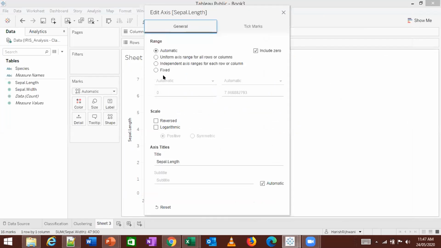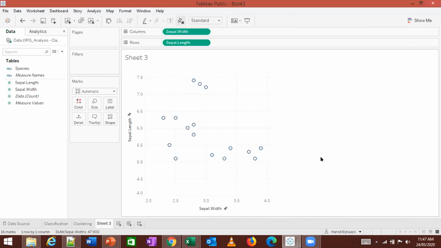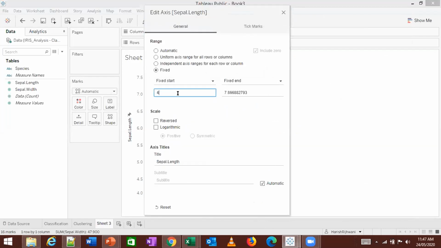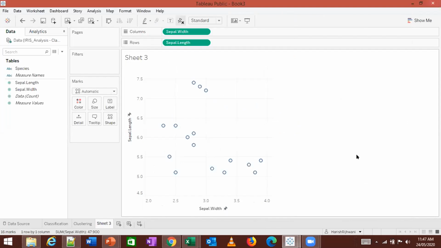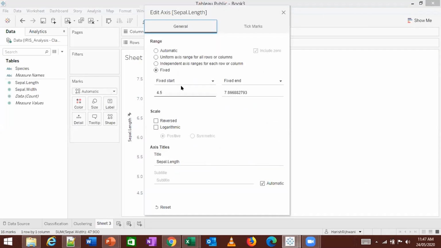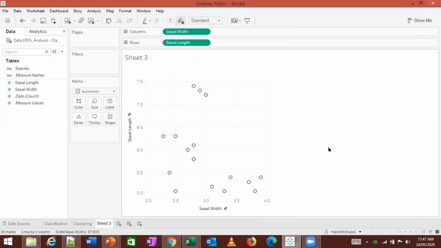So again, double click that. Click on fixed, and this is 4. Make sense? I can even change it to 4.5. Or 5 for that matter. Make sense? Got it?